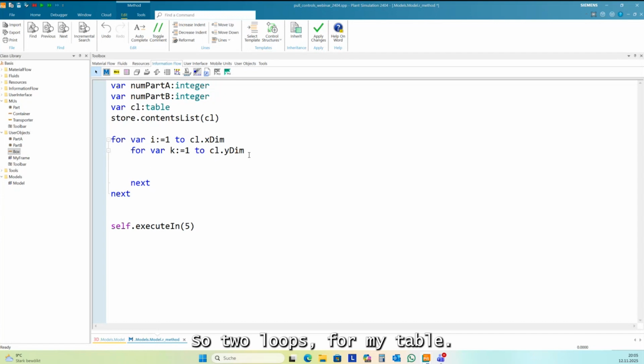So two loops for my table, and then I check each cell in this contents list.